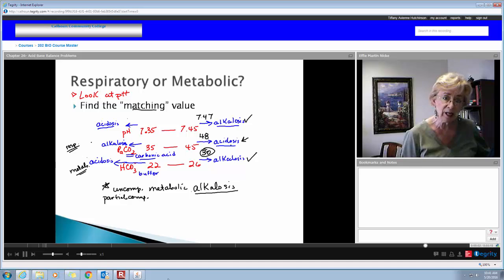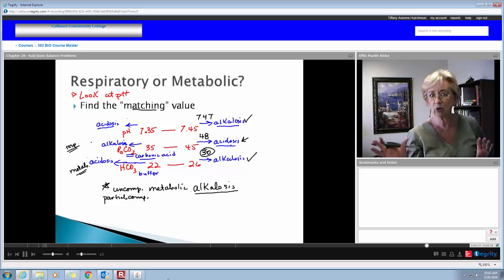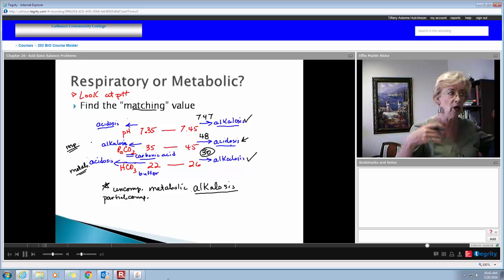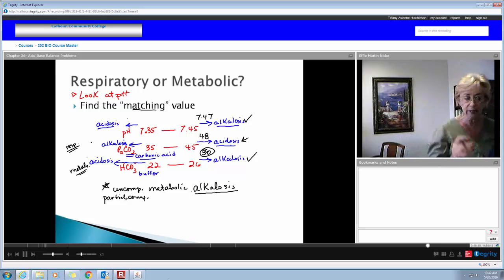And you may have to let me get you started before you get very far into it, but this is a good time if you'll pause me and set up your homeostatic parameters again and practice going which side's acidosis, which side's alkalosis, which value is respiratory, which value is metabolic. If you'll practice that while I'm erasing, that'll be a good thing.